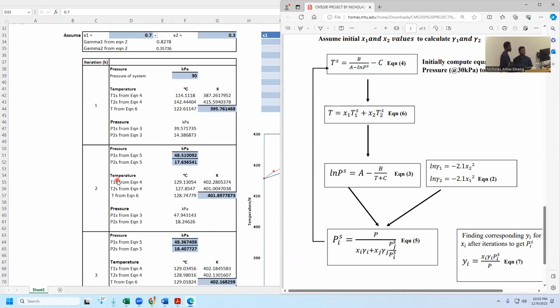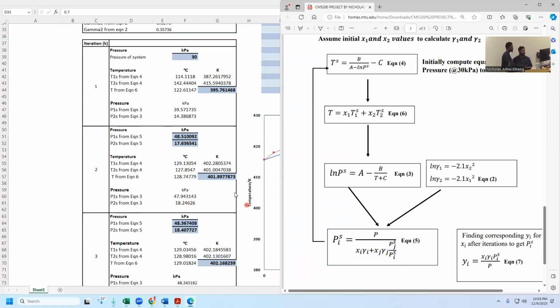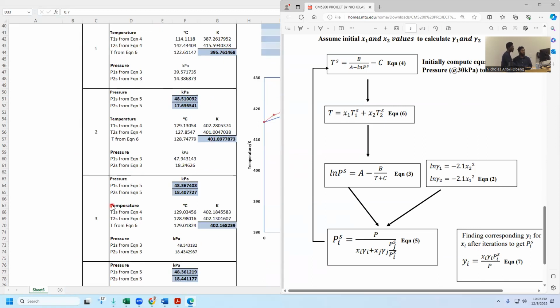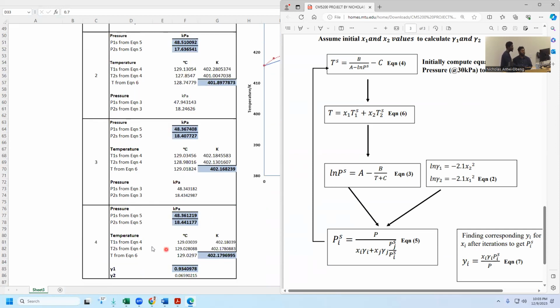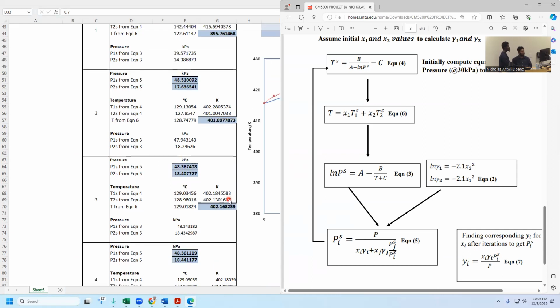Then you do a second iteration, going through this process so that you get the values for the pressure and temperature. With the second iteration, you get a pressure of 48.51 and a temperature of 401, which is a vast difference between the estimates. After the third iteration, you get 48.36 and 402, which is not much of a difference. With the fourth iteration, you get 48.36 and 402 again. It tells you this is a very good estimate, so our values are converging. So we have our P1s and our T1s